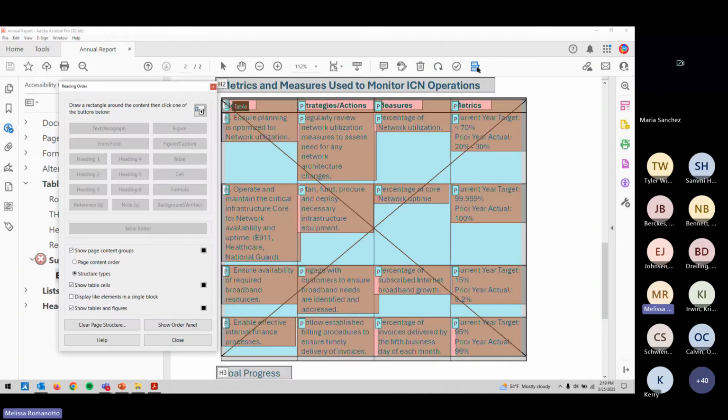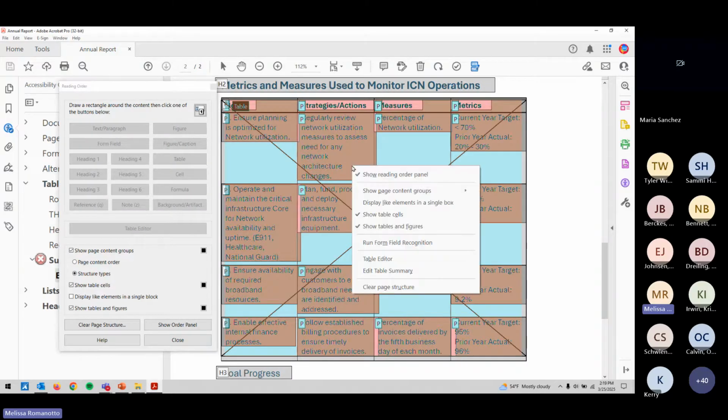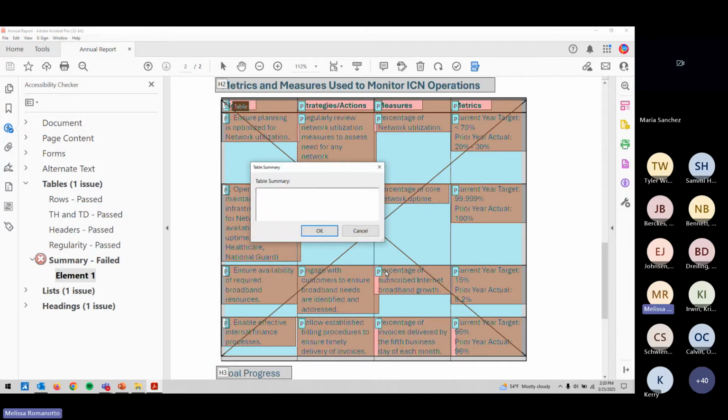Again, I'm going to use the reading order tool. I can right click and go to edit table summary. And that brings up this table summary box. And so that rule is simply checking for the presence of a table summary. The weird thing is not all assistive technology is going to read the summary. So it might be safe to skip it, especially if you know your audience and what assistive technology they're using. But if you want to pass the checker and pass every rule in it, then you will need to add